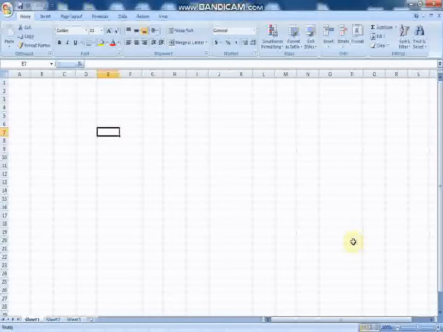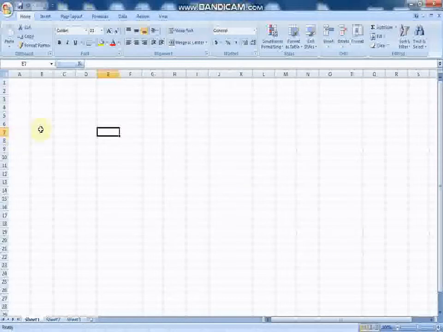So which type of software is it? It is a spreadsheet software widely used to perform mathematical calculations. So in this spreadsheet we are performing mathematical calculations. The data is spread in a tabular form consisting of rows and columns.